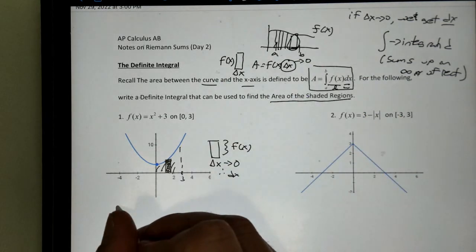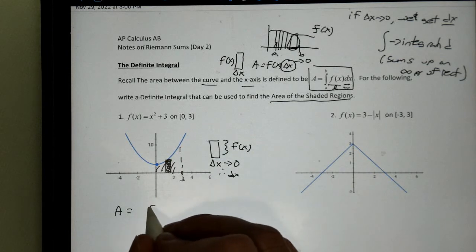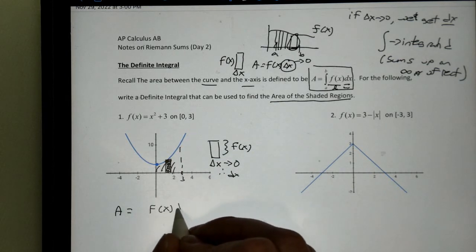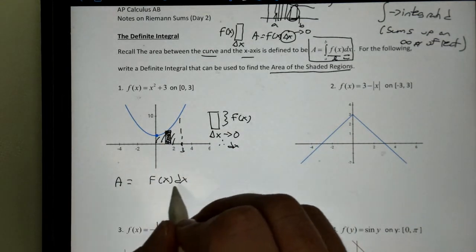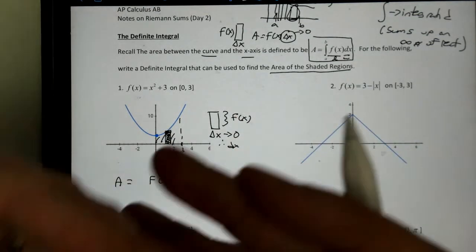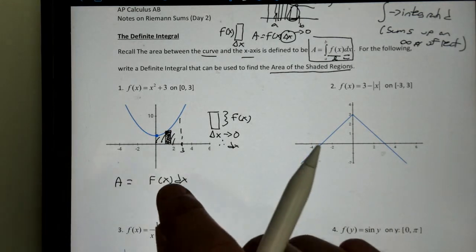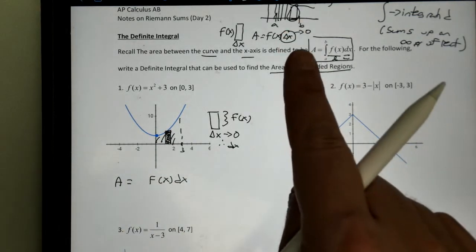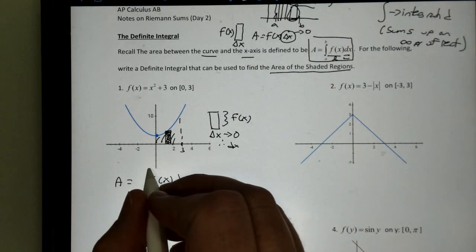If I wanted to find the area of just my one rectangle, I'm going to write that as f of x dx. But remember, this is only the area of one rectangle. I have an infinite number of rectangles that we want to add. So what adds up an infinite number of rectangles? That's what our definite integral does. So I'm going to write this as